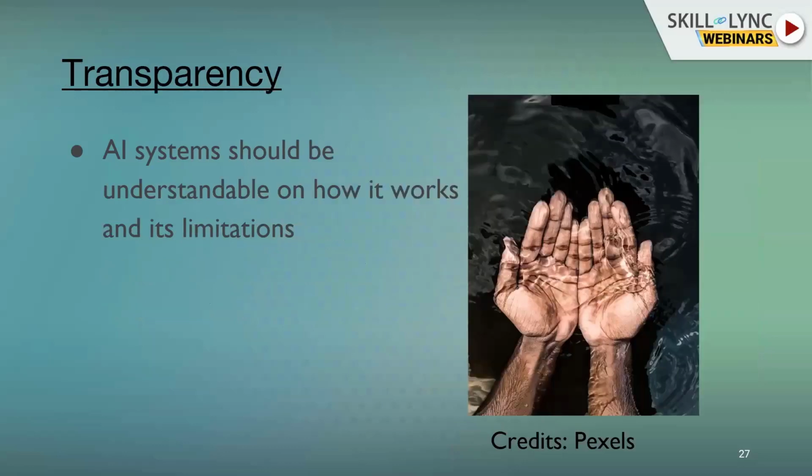Transparency. So this is one of the more core principles. And what does it mean? Let's say we build an AI system which can approve or reject loans in a bank. Okay, so if a person is rejected for a loan application, the AI system should be able to explain why the rejection happened. We need to understand why the AI system made that particular decision. And we should also mention what the limitations of our AI systems are. So there should be transparency between the person who designed and deployed it and also the end users. So there should be complete transparency.